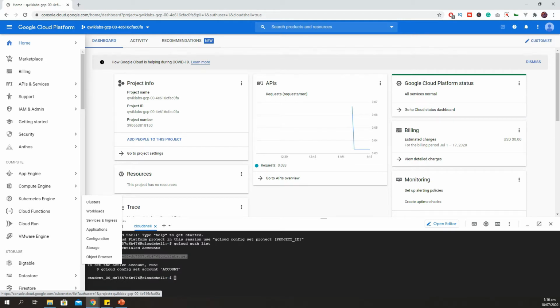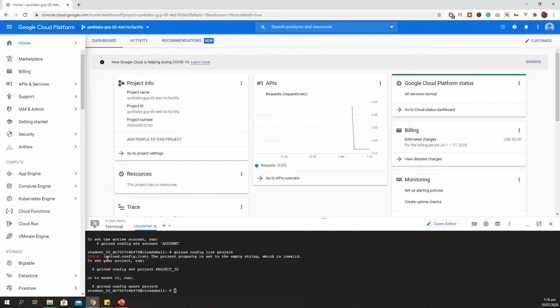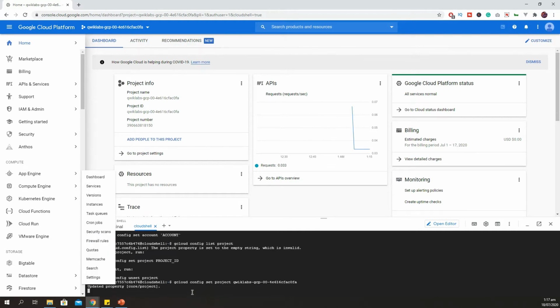After running the command gcloud config set project and then the project ID, we got our Google Cloud Shell configured with our project. So we will check this using another command. Okay, so we have configured our project with our Google Cloud Shell, as you can see on my screen.